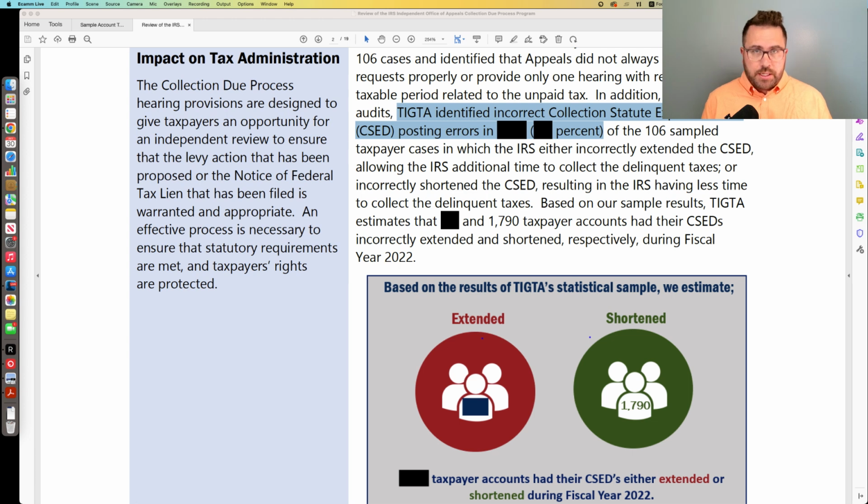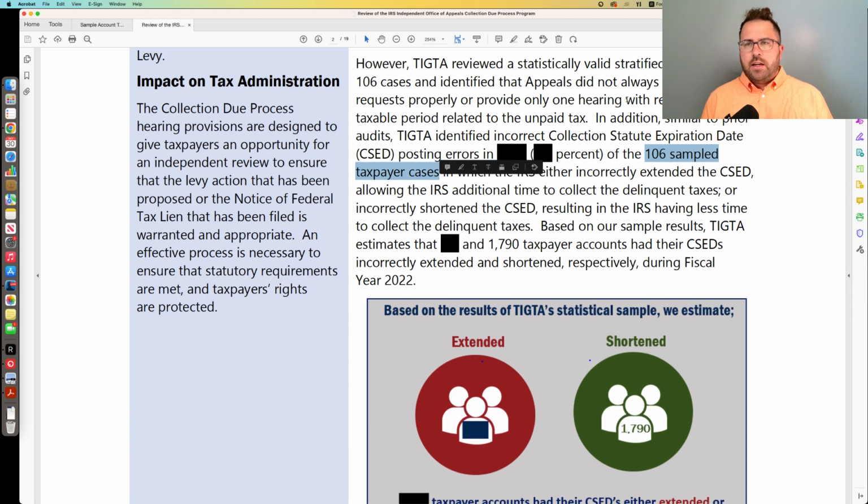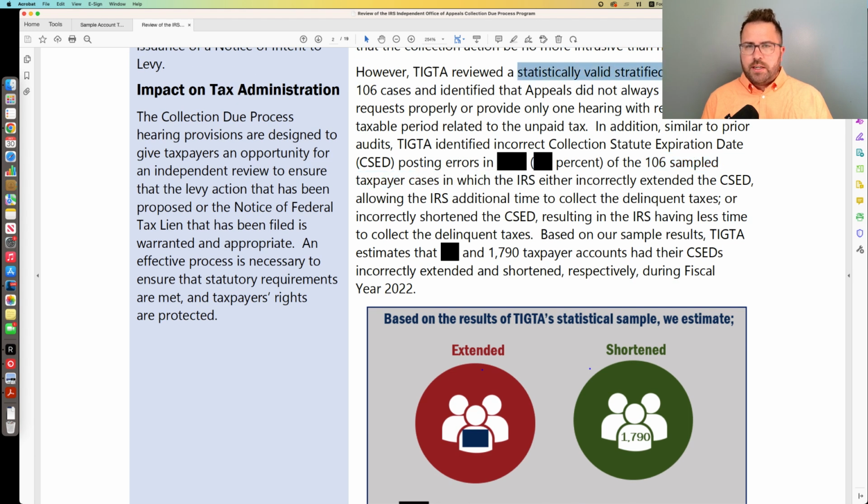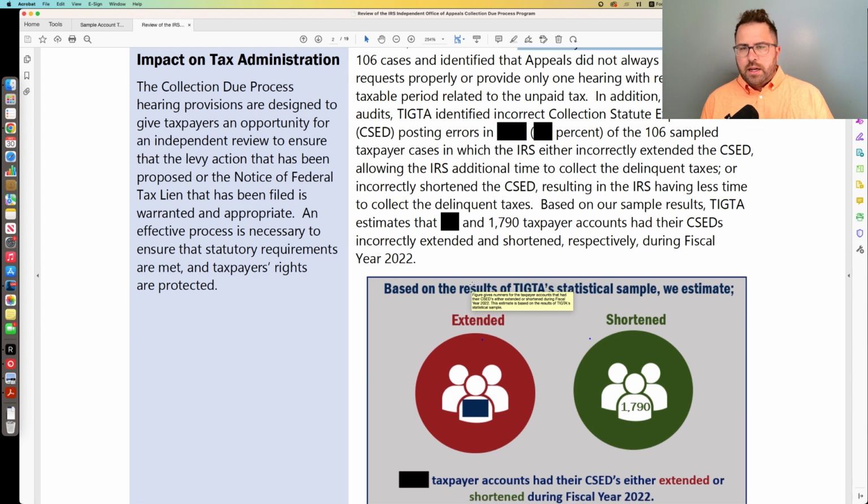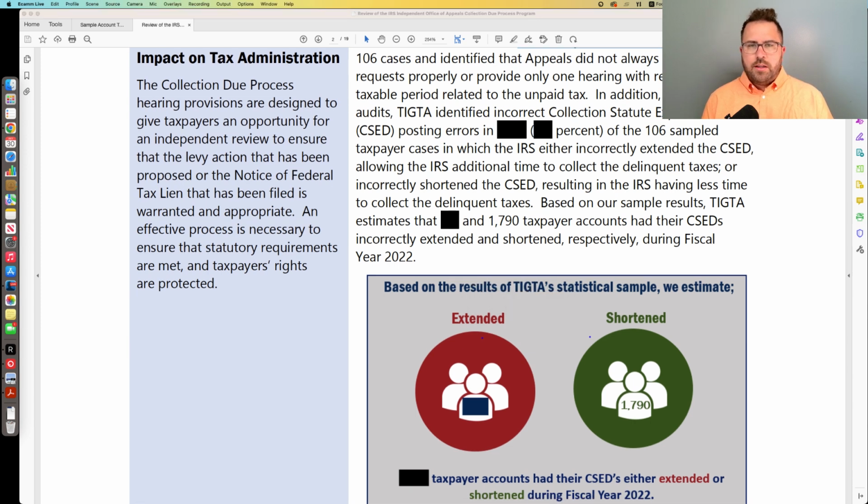I think it was at least 20%. Something like at least 20% of this sample, TIGTA looked at the case, the file in detail, and said, hey, your CSED is incorrect. I think this originally said 20%. They've redacted it now, right, of these 106 sample taxpayer cases. Obviously, 106 isn't a huge sample size. They claim that it's a statistically valid stratified sample, right? So, I guess what I'm saying is, by the Treasury Department's own admission, sometimes the IRS gets the CSED calculations